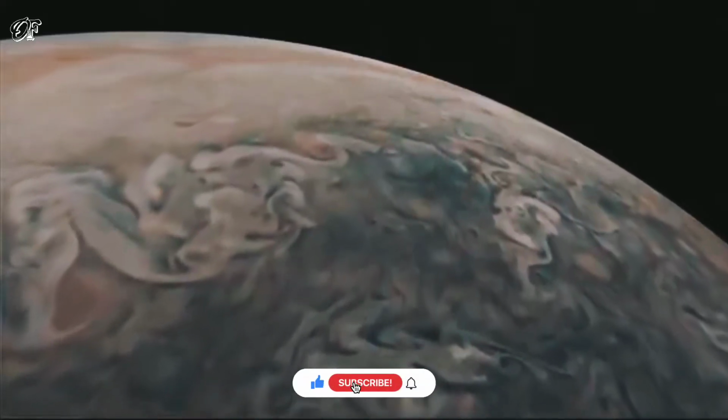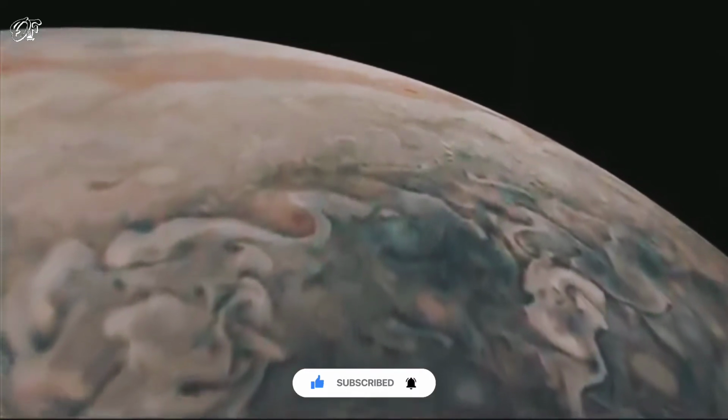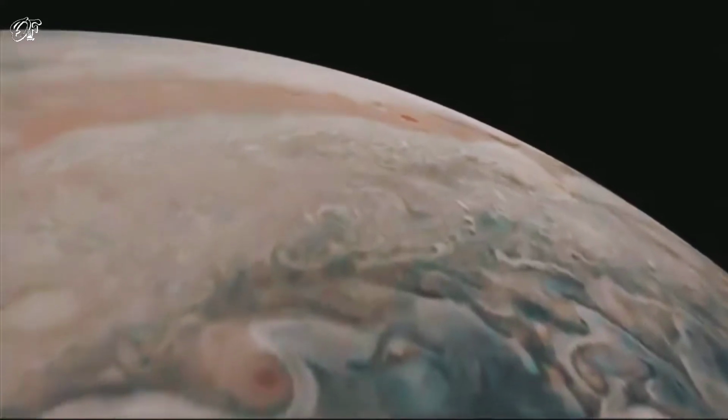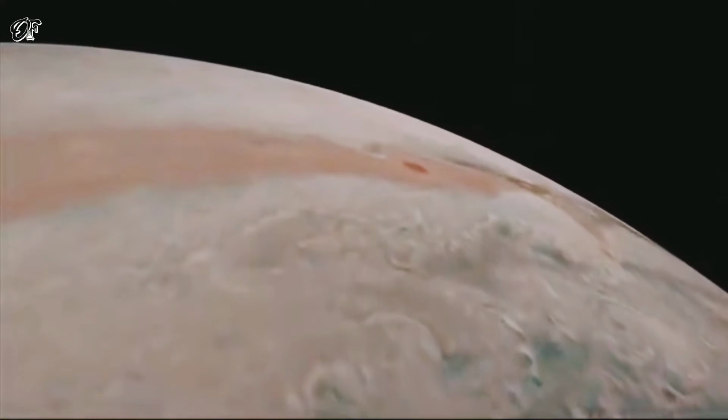NASA's Juno probe discovered a giant new storm swirling near Jupiter's south pole last month, a few weeks after pulling off a dramatic death-dodging maneuver. Juno spied the newfound maelstrom, which is about as wide as Texas, on November 3 during its most recent close